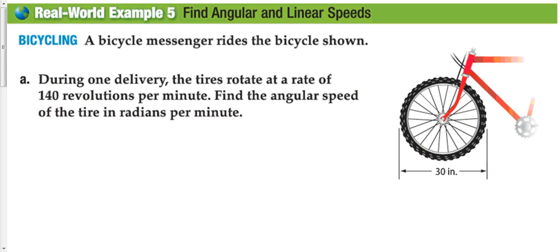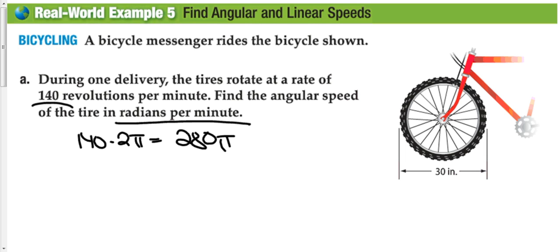Okay, so because each rotation measures 2 pi, 140 revolutions corresponds to an angle of rotation of 140 times 2 pi. Okay, so this thing is spinning around, right? 140 revolutions per minute. We want speed in radians per minute. Okay, it's spinning around 140 times. If we multiply that by 2 pi, we get